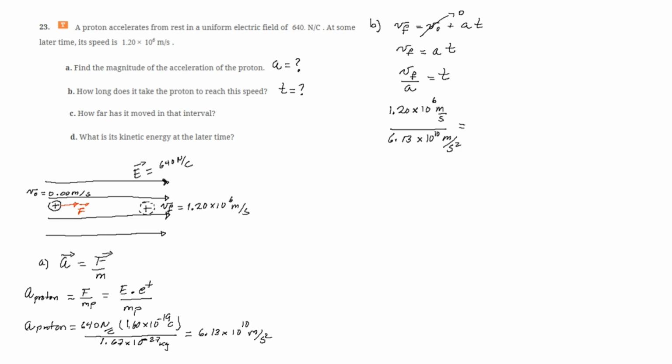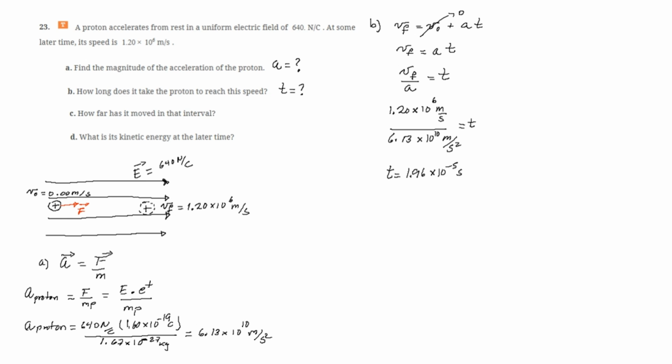You can calculate the time, and you will get 1.96 times 10 to the negative 5 seconds,